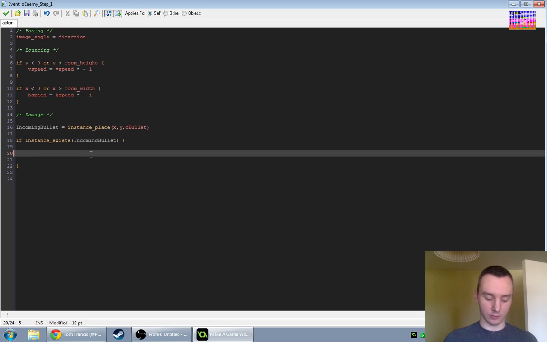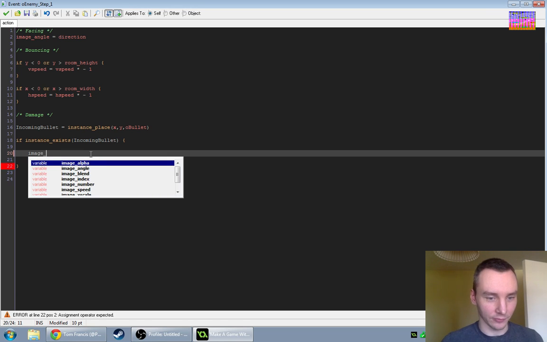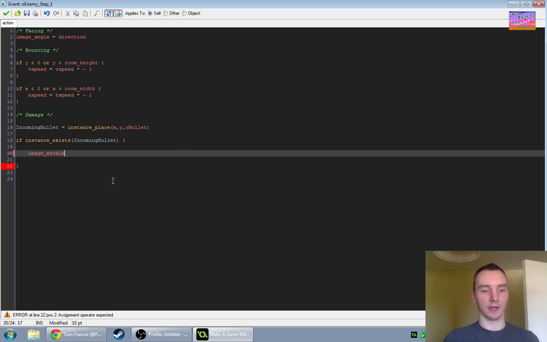And I wonder, let me actually check. Image scale. No, it's not a thing. Okay, so if I type image underscore, it'll pop up with a bunch of things. And the way I normally do this is to change the X scale and the Y scale. I was just briefly wondering if there was a universal scale thing. There isn't. So image X scale equals,